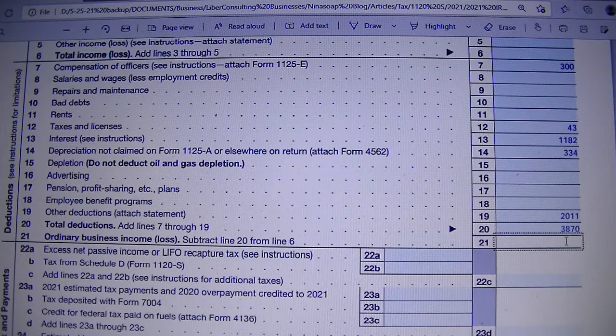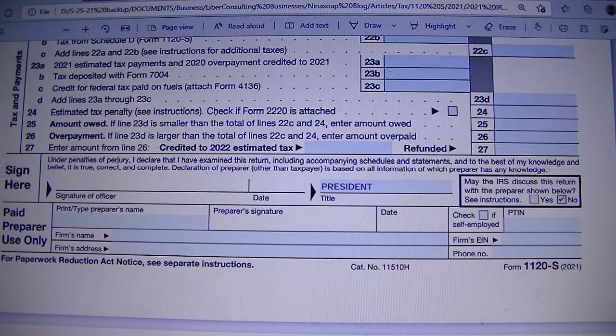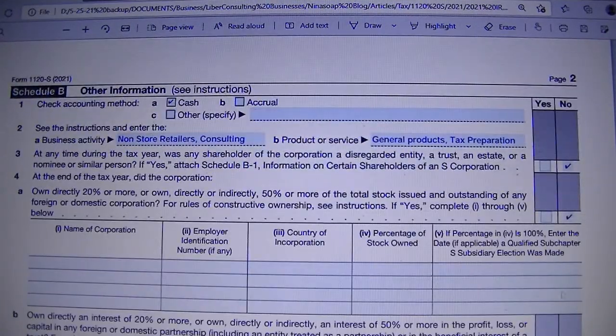So your original business income or loss will be negative 3870 when you do not have income. If a row is not relevant, you just leave it blank. You'll put your title, and you can put no for IRS not to contact anyone else but you, and then you go through